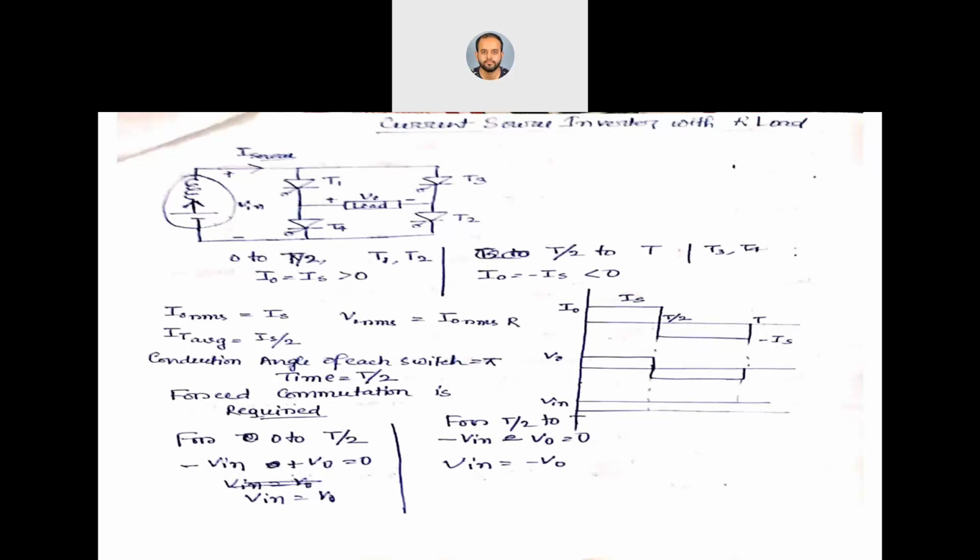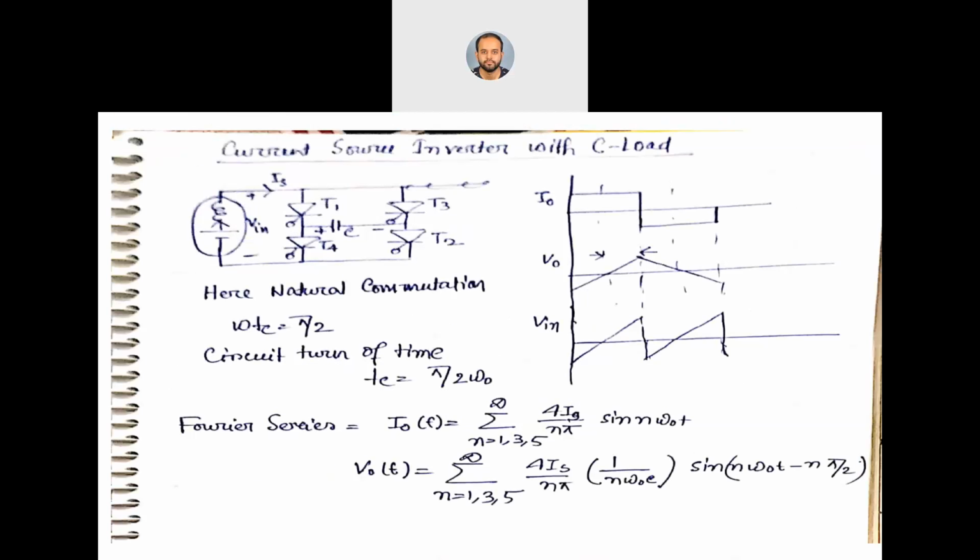As you can see, the voltage waveform is the same as the current waveform because the load is a resistive load. But in case of C load, the voltage shape changes because the current across the capacitor is C dV/dt, so voltage becomes the integration of current. If we integrate a square waveform, that is this current waveform, the voltage waveform will be triangular in nature. We have already deduced that. All the other things remain the same.